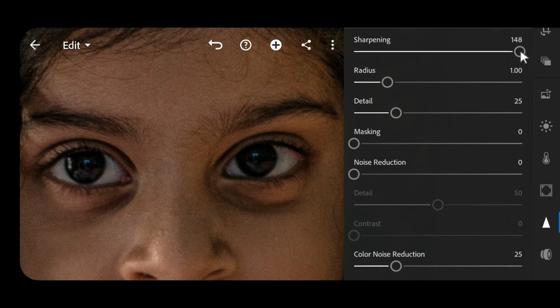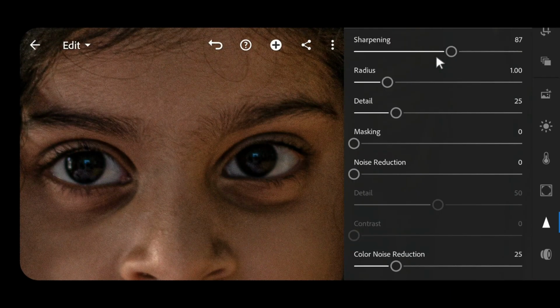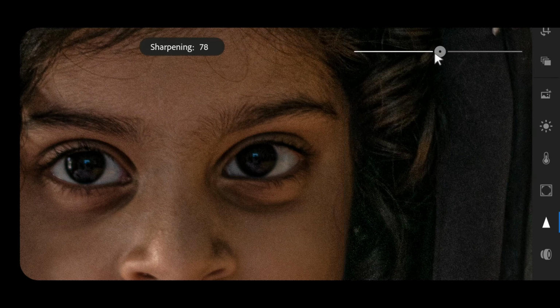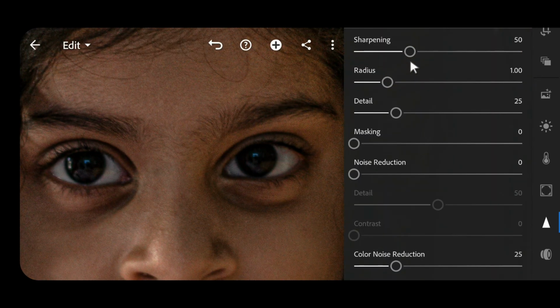So now here there are lot of grains, so I'll just reduce this thing, the sharpening, to say 87. How is it looking? It looks fine, but still I'll keep it around say 50. 51 is good.